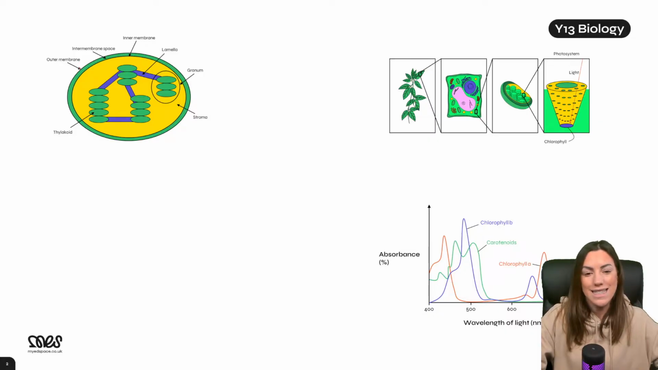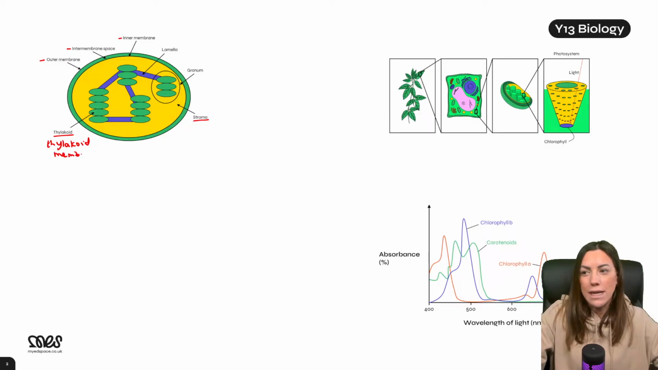The chloroplast has this double membrane around the outside. So you can see we've got the outer membrane, the inner membrane, and the space between those two membranes is called the intermembrane space. Within the chloroplast, you've then got the stroma, which fills the chloroplast. And in the stroma, there are thylakoids, which are these little disc structures. Now, the thylakoids are surrounded by the thylakoid membranes,